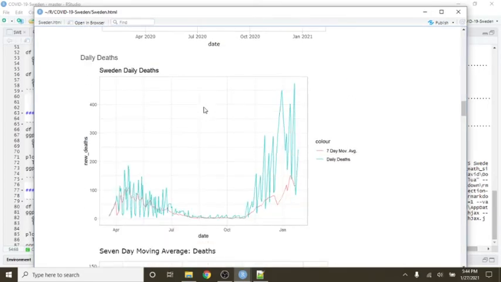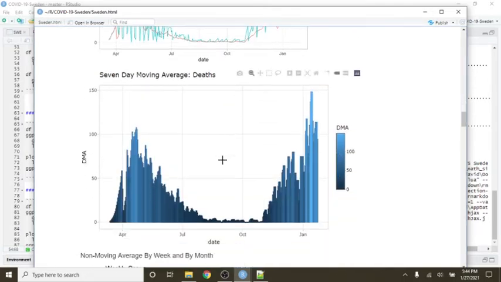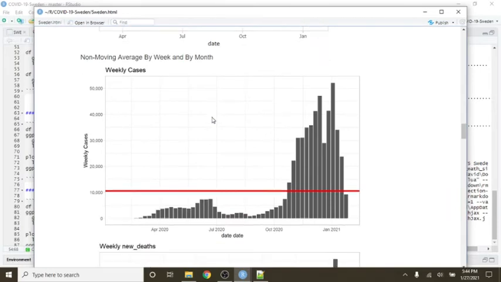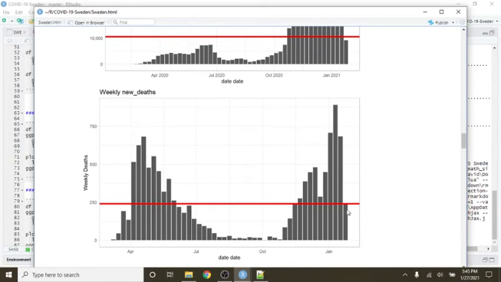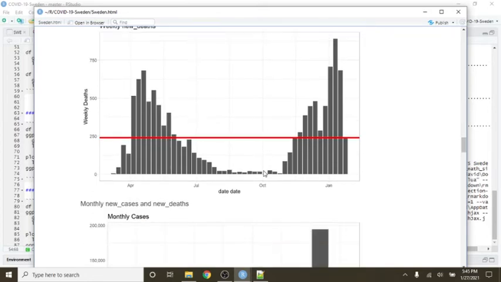Okay, this is Sweden's daily deaths with the 7-day moving average again, which I believe is a much better number. Now, if we look at the weekly totals, you can see that there's a chance that this week's deaths may not catch last week's, which would be incredibly good news. There's even a chance that this week's deaths will not catch even these numbers here. Who knows, maybe not even this number. You could wind up having the lowest number of weekly deaths in maybe 2, 3, 4 weeks, okay?